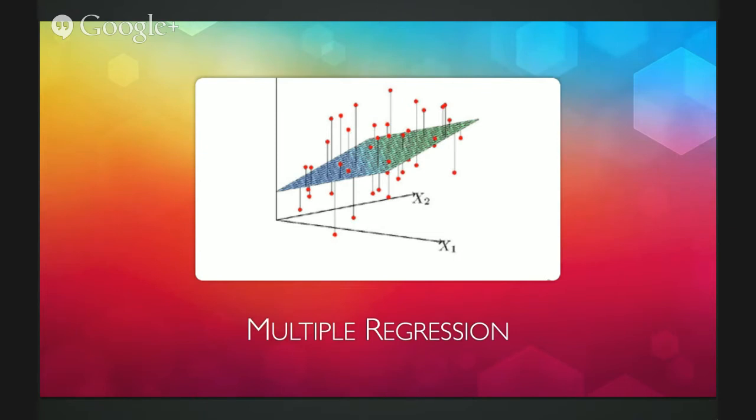But here's a visualization of this in 3 dimensions, where we have 2 x variables, x1 and x2, and we have the y variable going up, really in the z direction is the way most people would think of it here. And then what you're doing here, instead of fitting a line through some points, you're fitting a plane through these points. And you still have that intercept. That's the distance between where that plane touches the y-axis and the origin where all 3 of those lines come